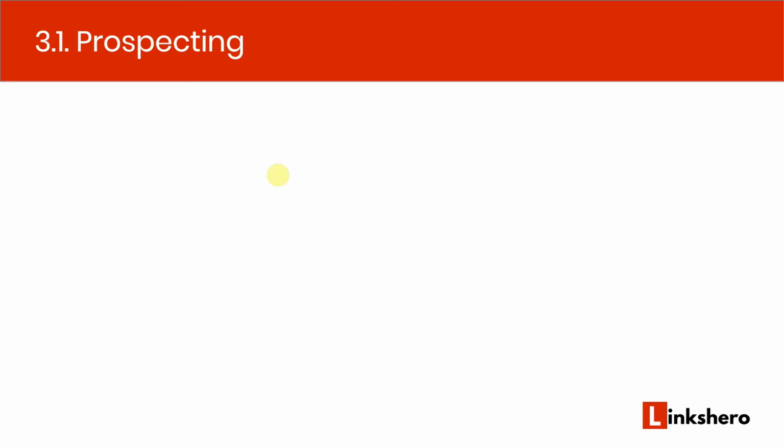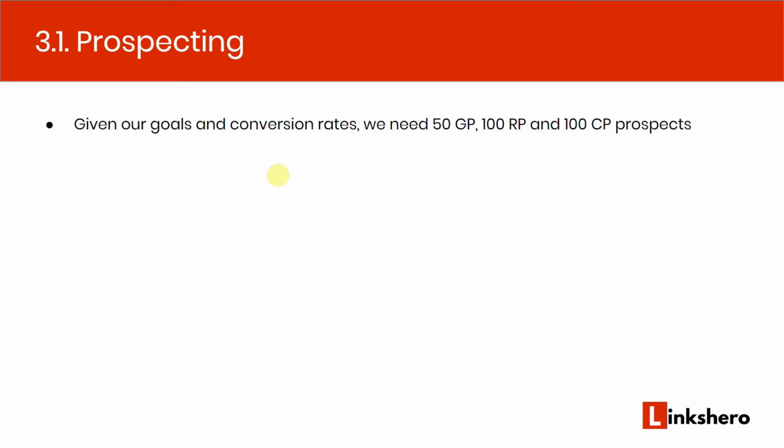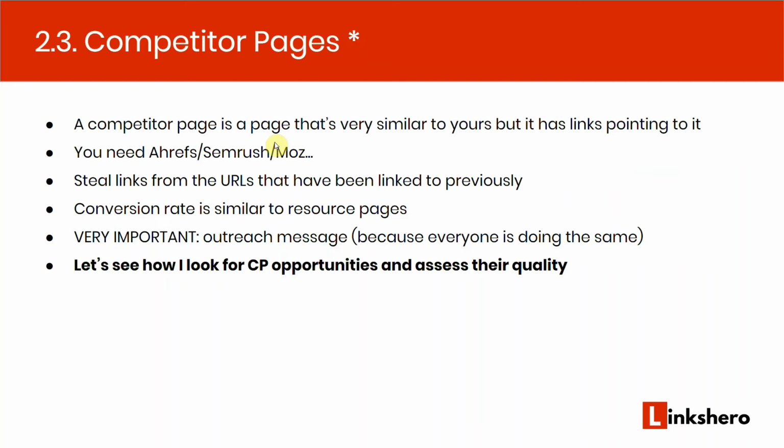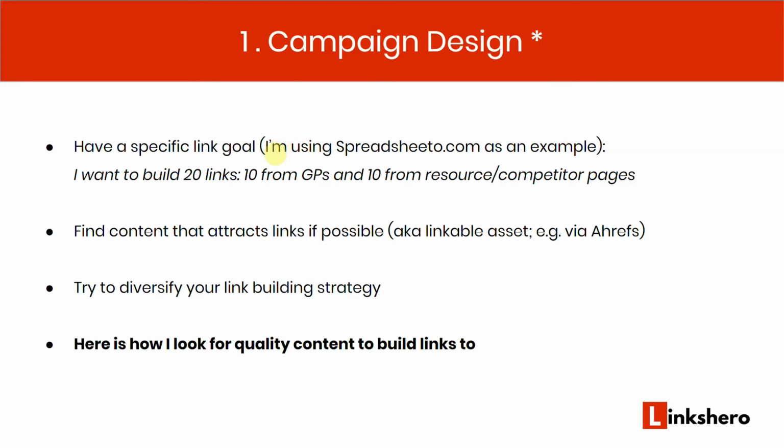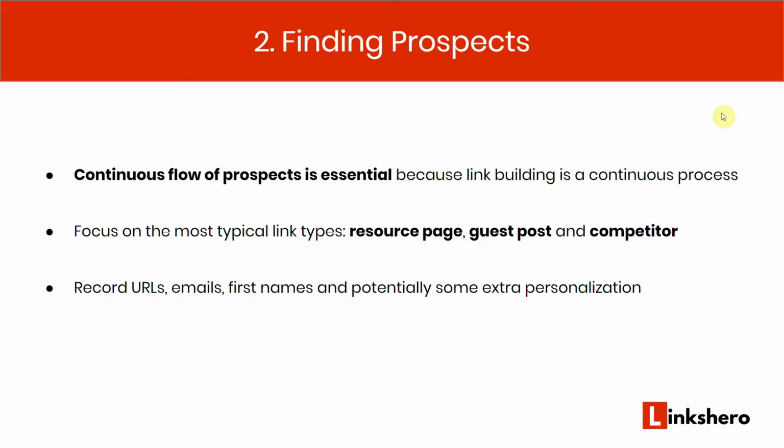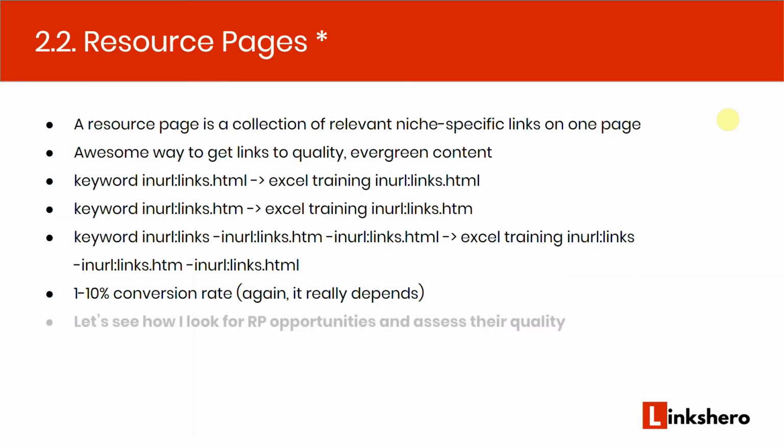Now we are going to talk about prospecting. Given our goals and conversion rates, and this is already planning, we've covered this before. I'm going to go back real quick. Basically this is talking about this. We've got this plan: I want to build 20 backlinks, 10 from guest posts and 10 from resource pages and competitor pages. This is for Spreadsheeto. Keep in mind, we want 20 backlinks. Now that we've got that plan,